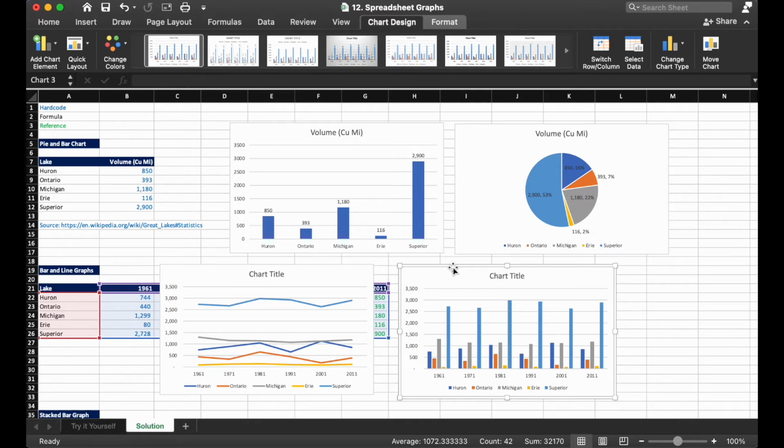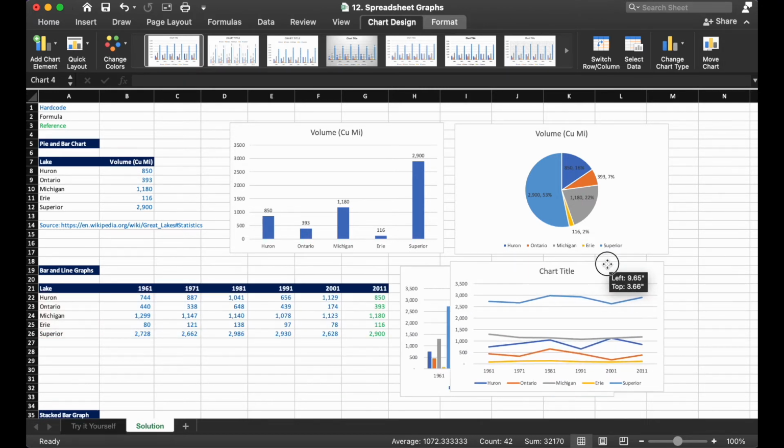So personally, I think that both of these are pretty good options. In my opinion, the clustered column is a little bit harder to follow if we're just looking at what the change is over time. But I still think it does a good job of getting the point across. And again, we also get an idea for volume, and it's really quickly and easily able to point out which is the largest, which is the smallest, and then how the fluctuations have occurred.